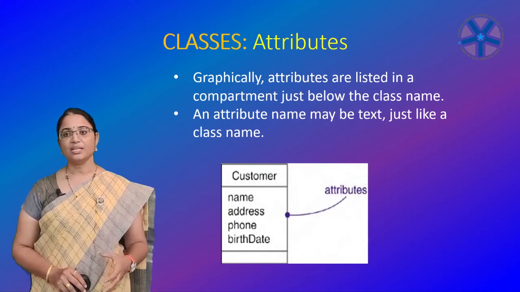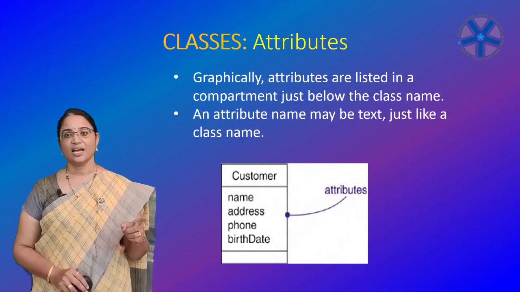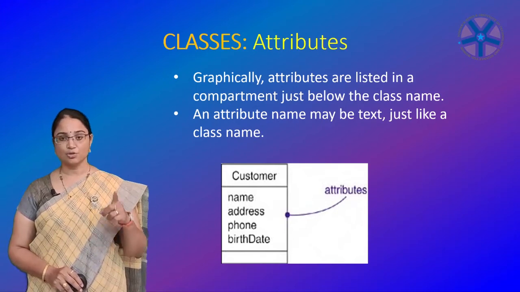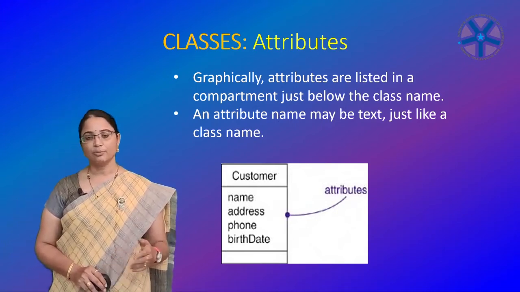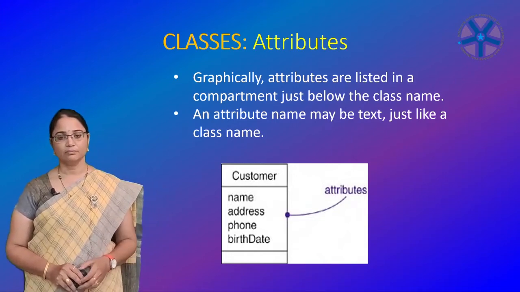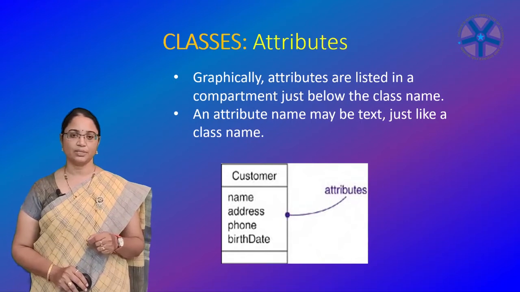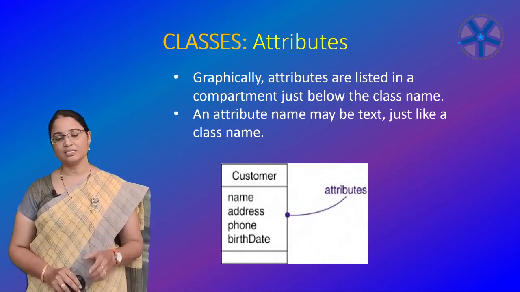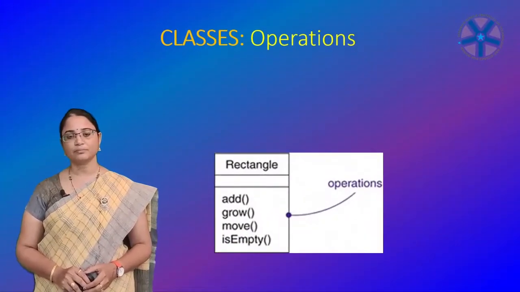Typically, you capitalize the first letter of every word in the attribute name, except the first letter. If you take the class name TemperatureSensor, you take T as capital and S as capital. Here for the attribute name, if you take load bearing, you can't take the first letter as a capital. In loadBearing, you take L as a small letter and B as the capital. This is how you need to give the names to the attributes.